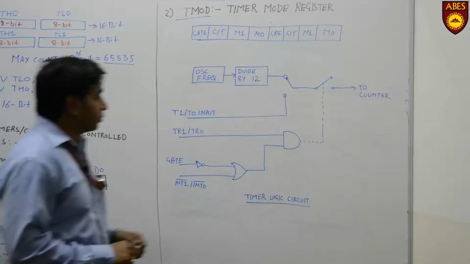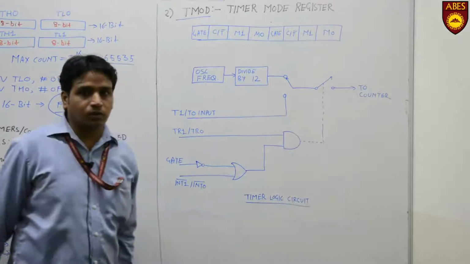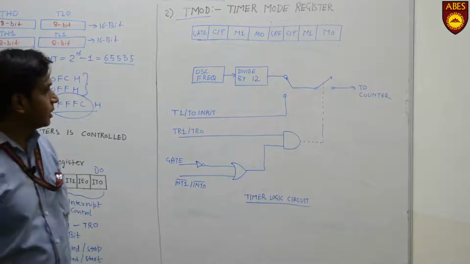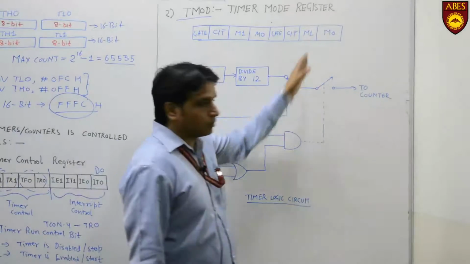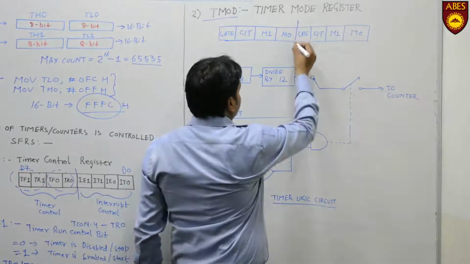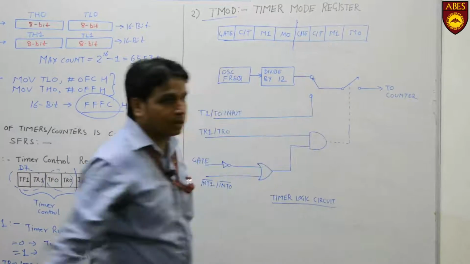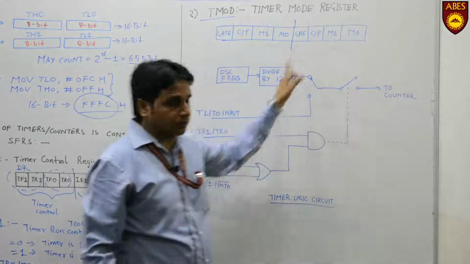So till this point we have seen the function of the M0 and M1 bits. These are used to control the different modes of timer counter operation. There are 4 different operating modes we can select with the help of the M0 and M1 bits. The remaining 2 bits used for controlling this timer counter are C/T bar and the gate. So we will see the function of these 2 bits with the help of a logic circuit